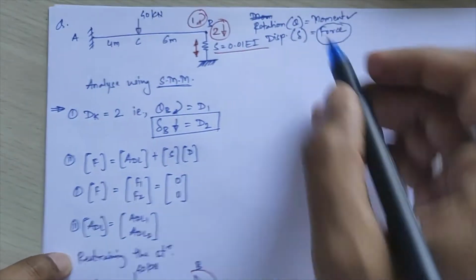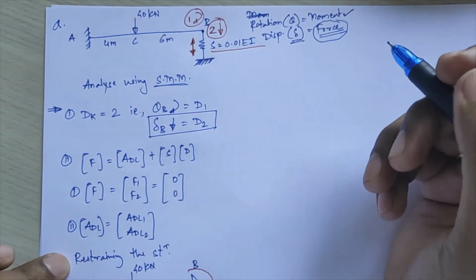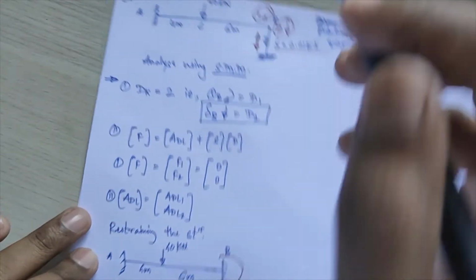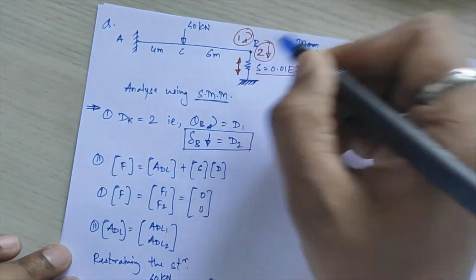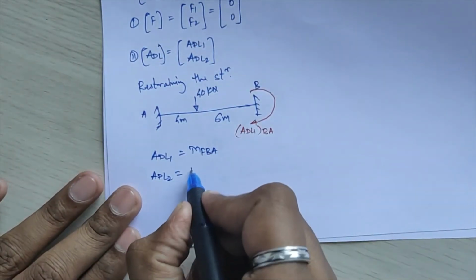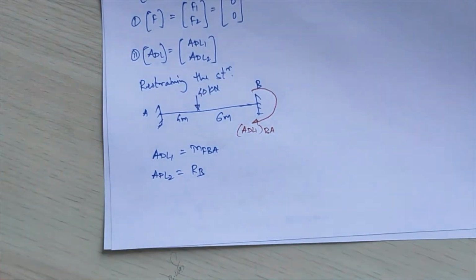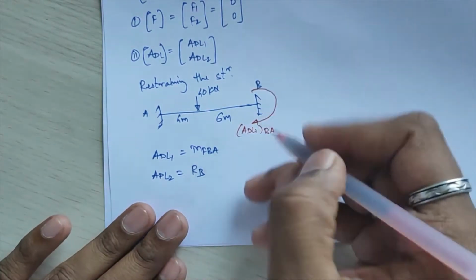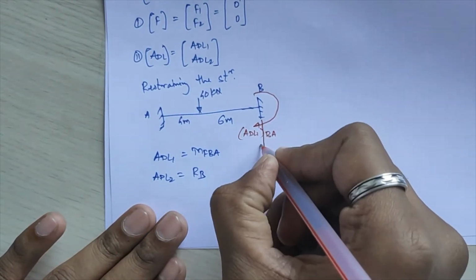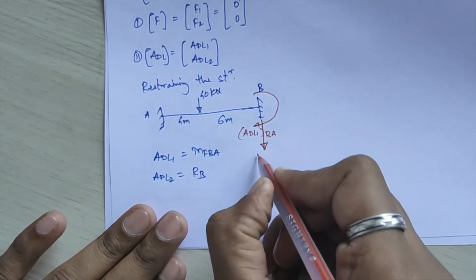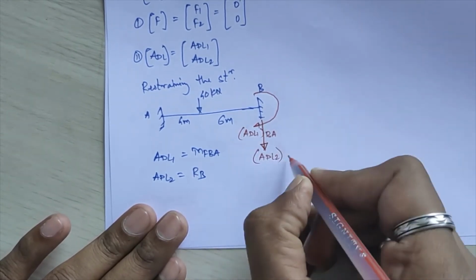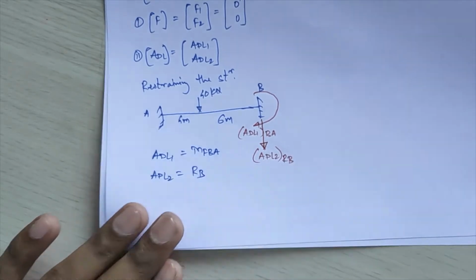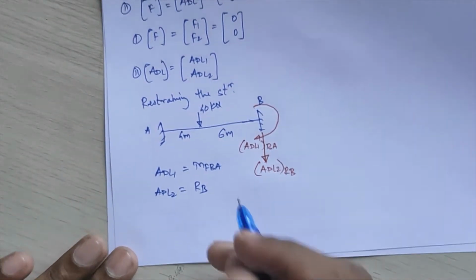Okay, and same way ADL2 will be the corresponding displacement and its corresponding force acting over there. Now here in fixed moments we will get only moment values, so you need to calculate the corresponding force applied for this. That force ADL2 will be nothing but your reaction coming at point B, that is RB. Okay, so you need to calculate these two values, MFBA and RB, right? So here I'll take my second redundant value, that is this RB. Suppose I assume that in downward direction, ADL2, that will be for RB over there.